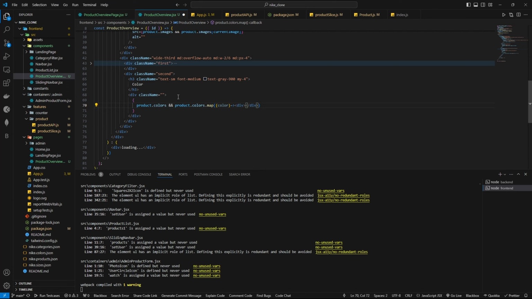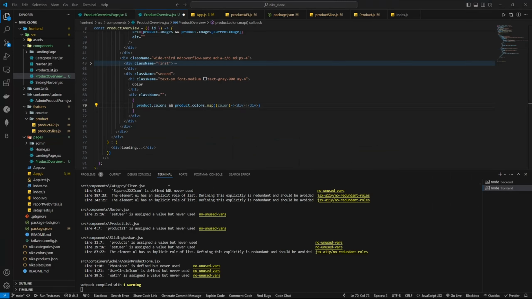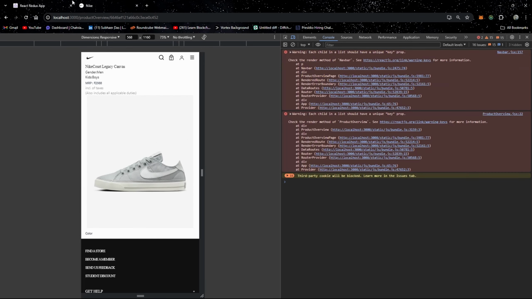And here we need to make a circle, right? This div should be a circle. So let's write the class name to make it a circle, and we will color it using that CSS only. So let's give the string literals actually, so that we can change the color according to our need. So if you remember, in our application here,